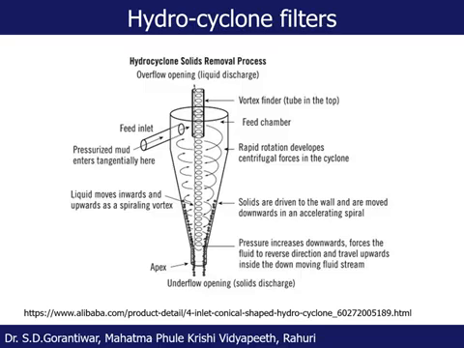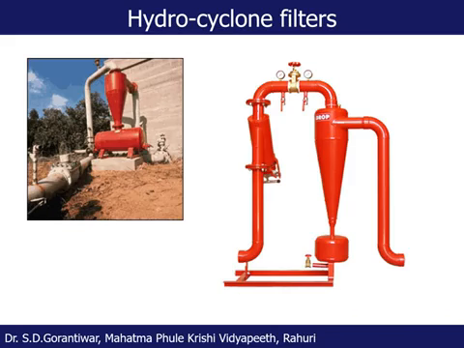So basically, in the case of the hydrocyclone filter, the water with impurities enters and is made to rotate at rapid speed in order to create the centrifugal force. After that the liquid will move inward and upward, so that it will be taken out as pure water, and solids will move downward towards the wall. In this way it happens. So this is the picture of the